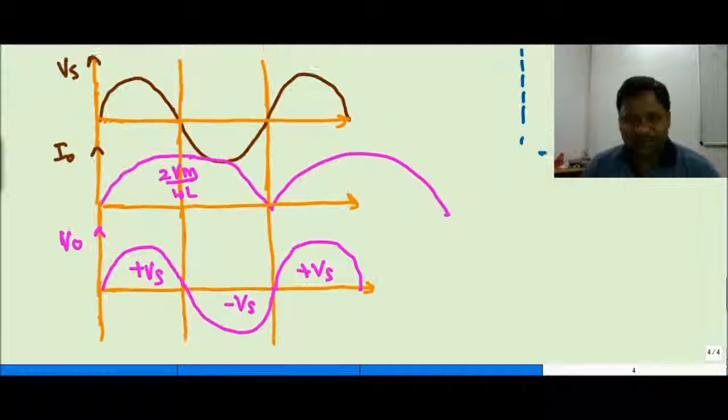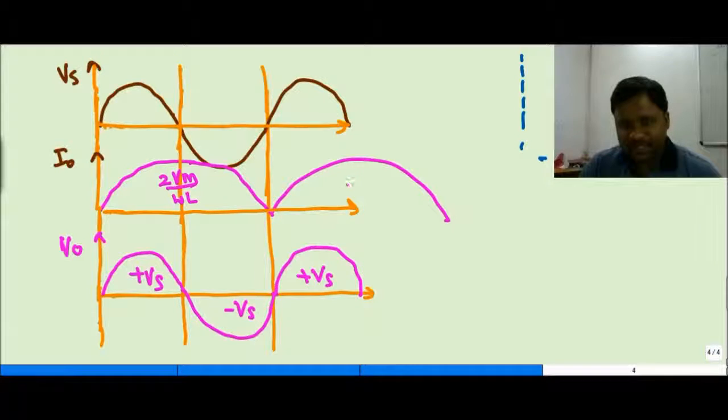But we are obtaining a load current of DC nature, but we are not obtaining the output voltage of DC nature. It becomes AC. So this is the basic drawback of the system having the pure inductor. Practically, the system is not possible, but we are just understanding it for the sake of explanation.